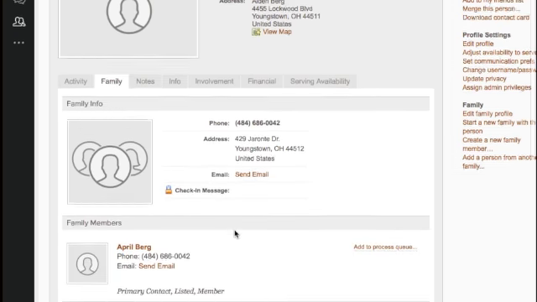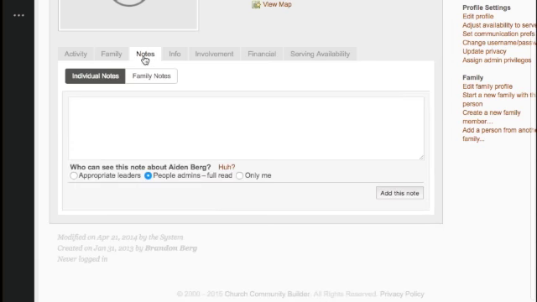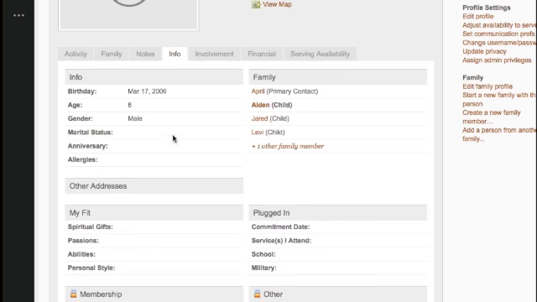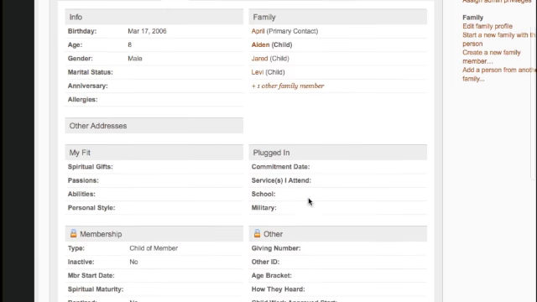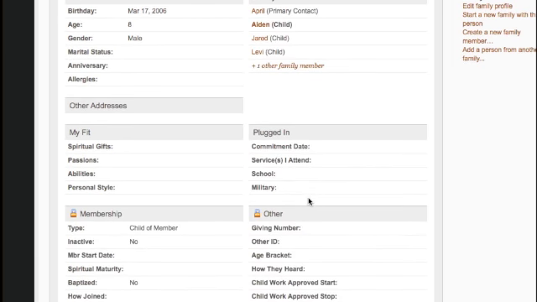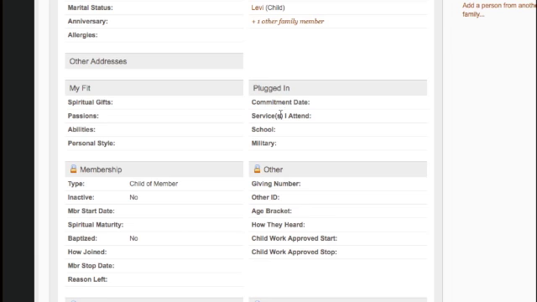Family information here, any notes that I may have added or other people may have added to his profile. General information, we have birthday, other family members. What's cool with this software is that you can add the school that you went to. If you remember the military, you can add spiritual gifts, passions, abilities, personal style, and those are all really helpful, especially for us because as church,